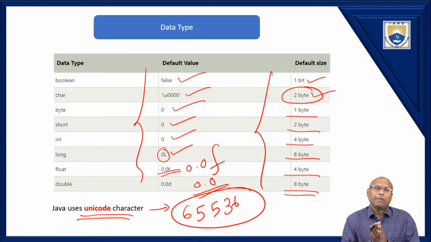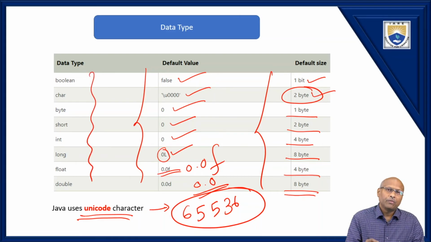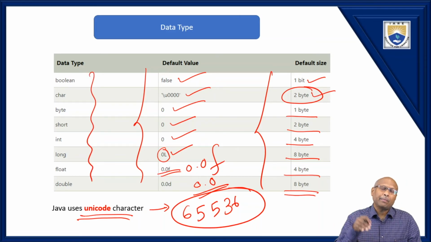As a programmer, you must and should know which data type to use for your program, because the program should be written in such a way that it is memory efficient also. It should not consume unnecessary memory. Based upon the necessity, you have to use the corresponding data type variable. The data type will allow you to store that kind of data. Based upon the data type, the memory requirement also changes. Fine. Next,